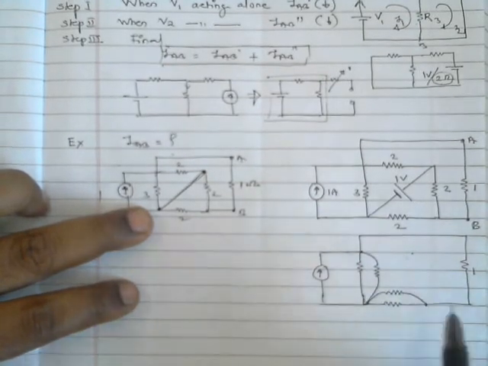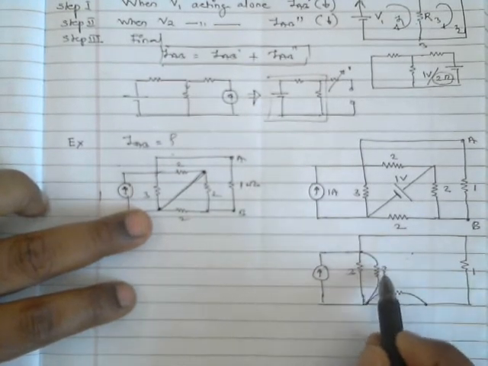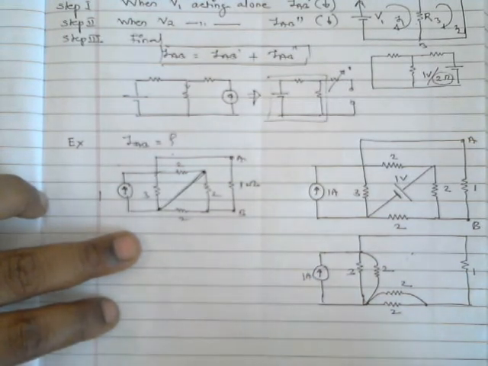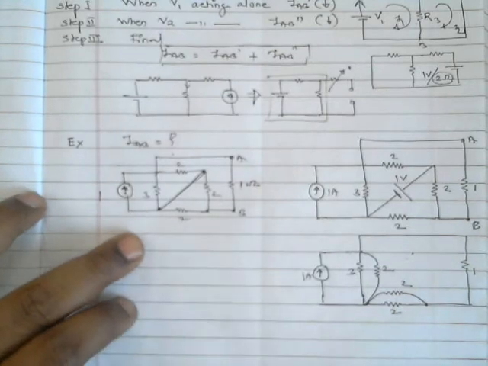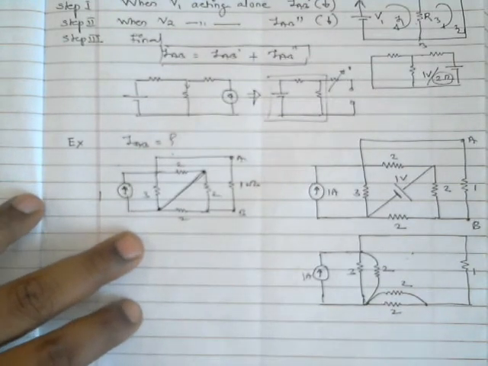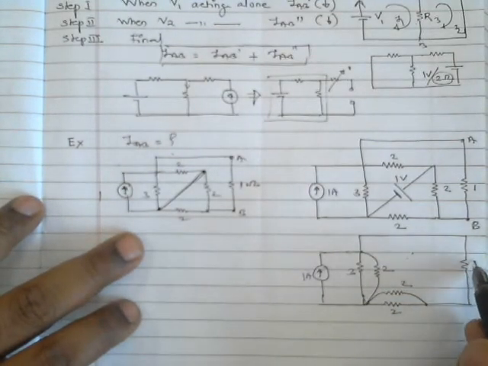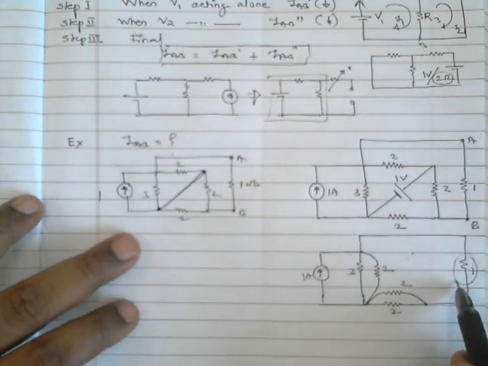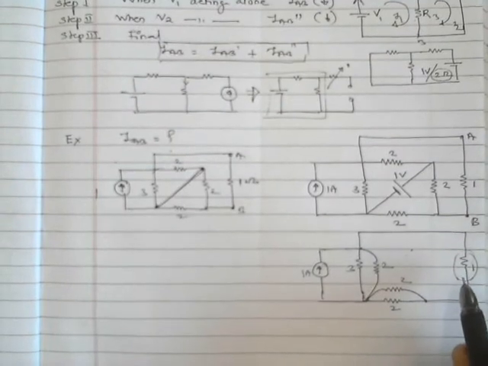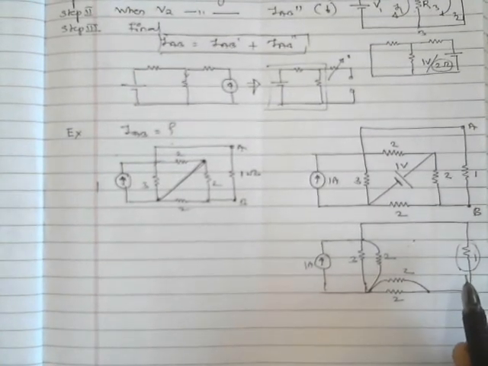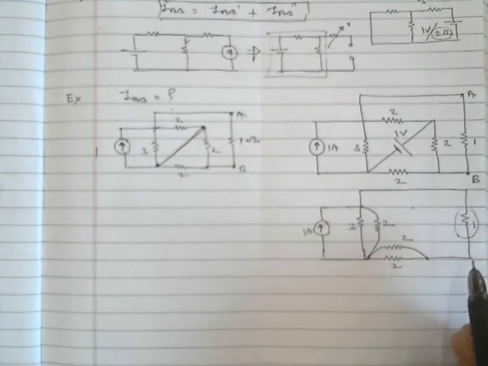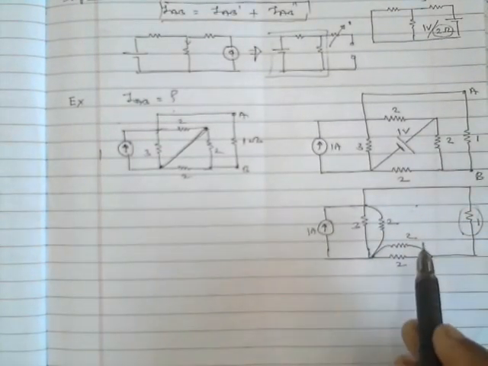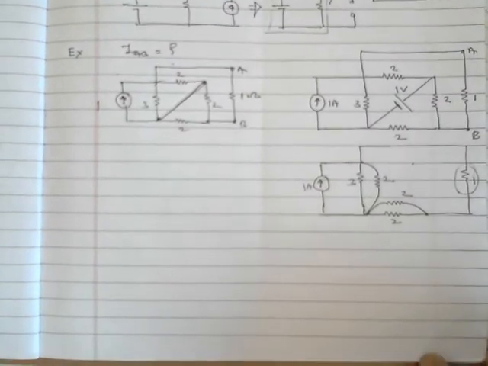Okay, this 1 ohm remains as it is. This is 3 and 2 now in parallel, and 2 and 2 are in parallel. This is 1 ampere. Now always keep one thing in mind: we have to find out the current through this particular resistance, right? So never disturb this resistance. Don't reduce that resistance, keep it as it is, because we need to find the current in it.